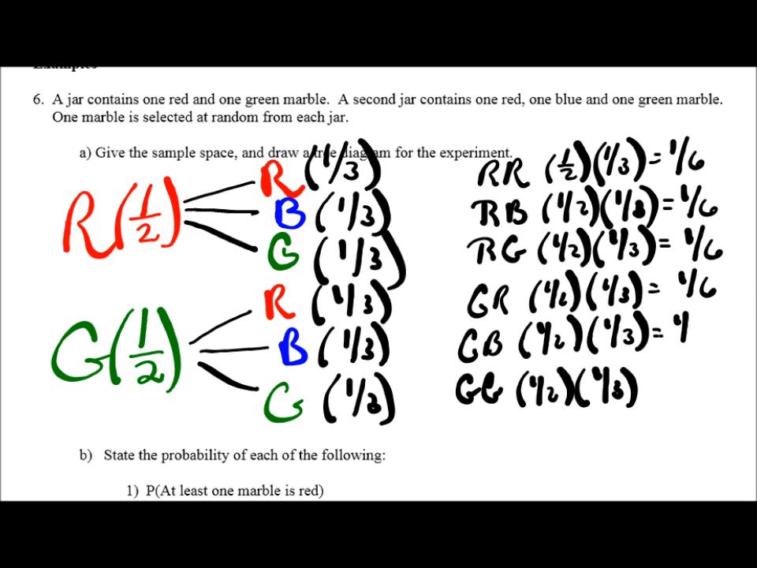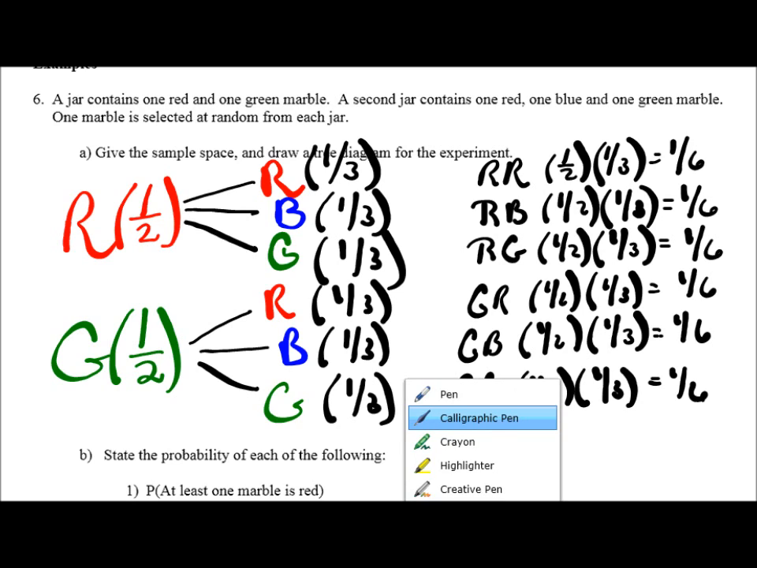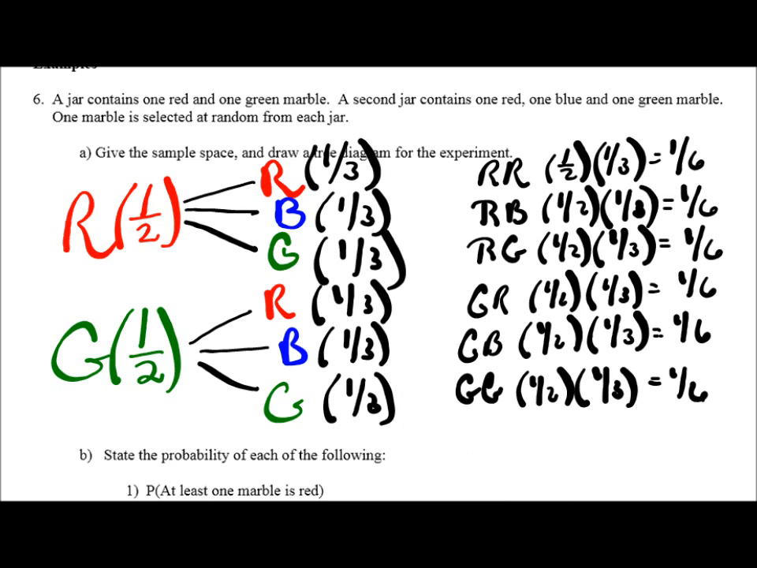So let's fill this out. So we see all kinds of things that could happen. 1 out of 6 chance I pull a red out of the first jar, a red out of the second. 1 out of 6 chance I pull a red out of the first one, blue out of the second. 1 out of 6 chance I pull a red out of the first one, green out of the second, and so on and so forth. Now, let's answer some questions pertaining to these. The first one in part B